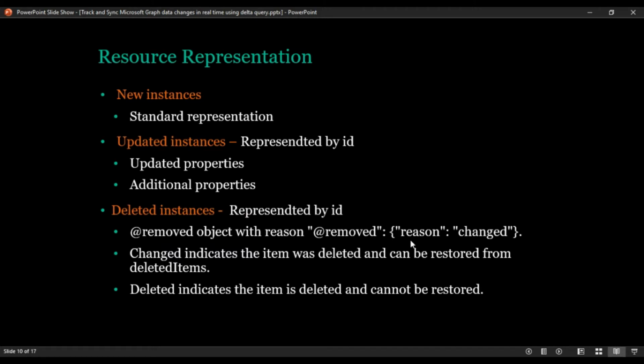For example, if your data resource item is deleted and it is in your recycle bin, in most cases you should be able to restore your resources in Graph or in Office 365. It can be in the recycle bin for the next 30 days or 45 days, based on the configuration. So if it is able to be restored, then you will get the reason as changed. Suppose you are not able to restore the deleted item, then you will get the reason as deleted. So in that case, it is deleted and we cannot recover it. That's the purpose of delta query returning the reason: why it is deleted.